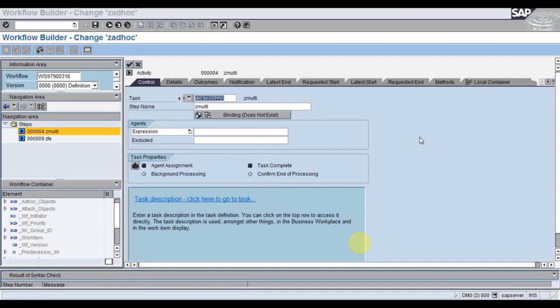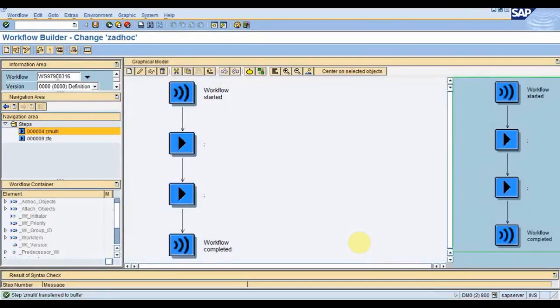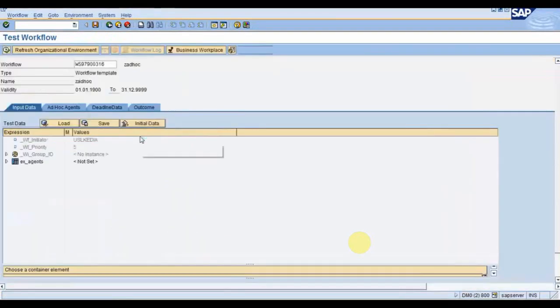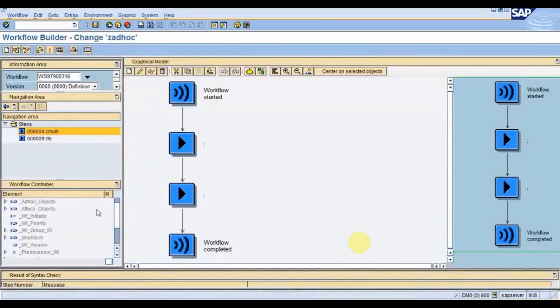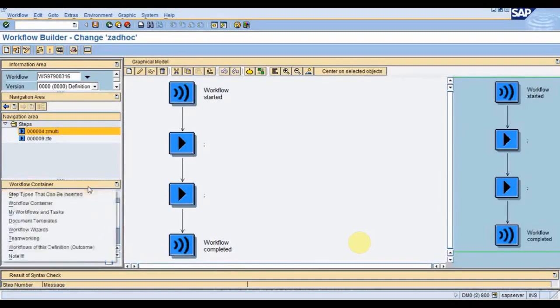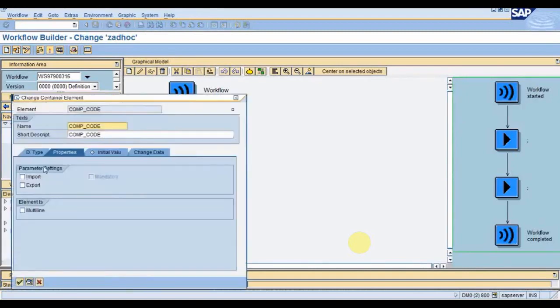Okay, I will show you here. I'm not sure whether the binding type is the same or not. Maybe I will face some problem here. Let me check. I've activated it, and let me execute this to see whether it's working or not. I have used that previous function module. I will have to create one here, that is company code and level. Let me do it, import and export.